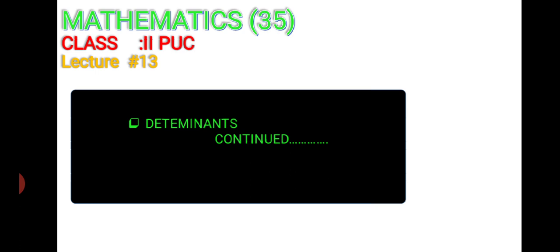Students, in previous class we studied examples on singular matrices and non-singular matrices, and also discussed examples on invertible matrices. In today's class, let us begin with some examples with invertible matrices. Let us start.